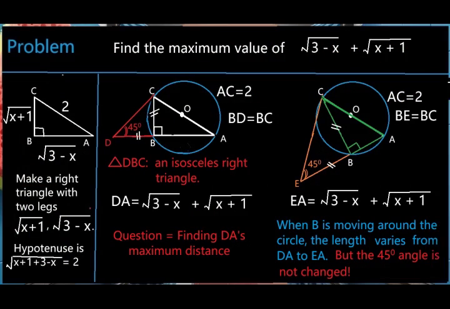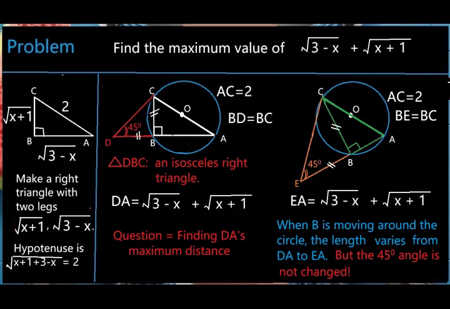The third problem asks us to find the maximum value of a sum involving two square root expressions, each depending on the same variable x. From the structure of these square root terms, we can once again interpret them as the two legs of a right triangle. By the Pythagorean theorem, the hypotenuse of this triangle is a constant value of 2. This means the three vertices A, B, and C of the triangle lie on a circle, whose diameter is AC,